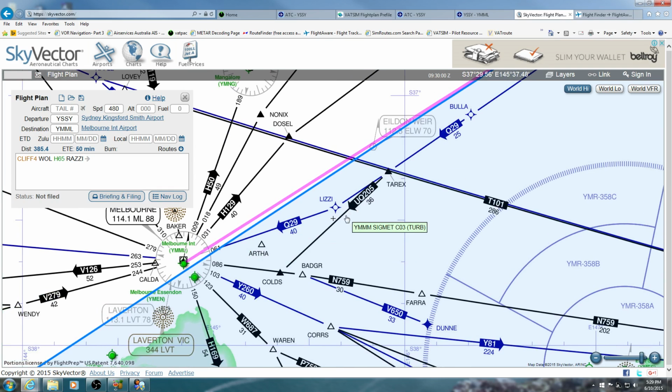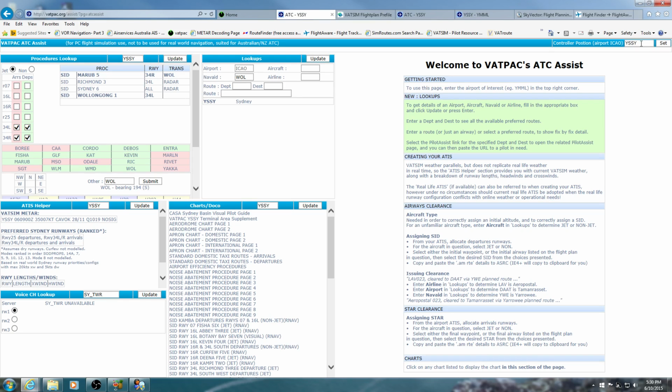Now we think, well, what do we do, you know, along this Q29? If we put it onto Lizzie, plan to Lizzie, it changes into this and it gives us this indication. So what this is saying is Sky Vector's telling us you can expect the Lizzie 2 Alpha arrival. Well, is this right? So what we can do is we can now check. We set that to Melbourne,